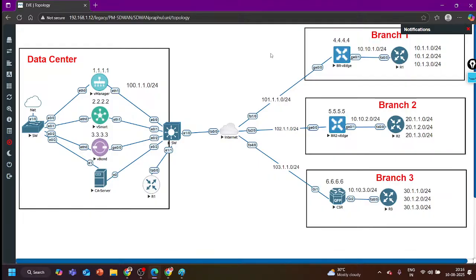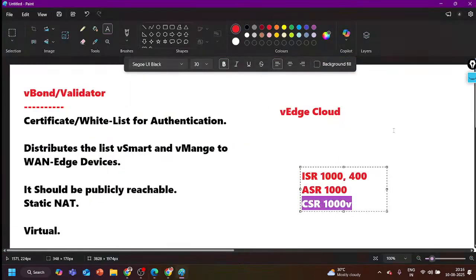Control connection either by using TLS protocol or DTLS protocol. Both are transport layer protocols. One is TCP based, one is UDP based. So all the managed devices are going to establish control connection with the controller. We will talk about those control connections soon. Okay, so for the managed devices, I am going to use CSR router and